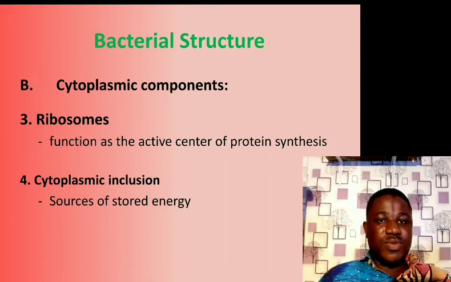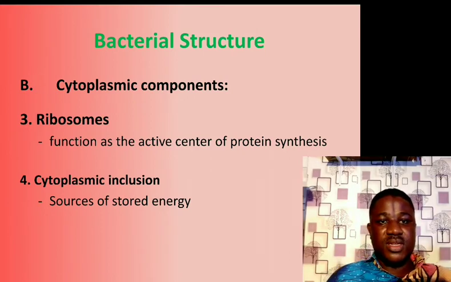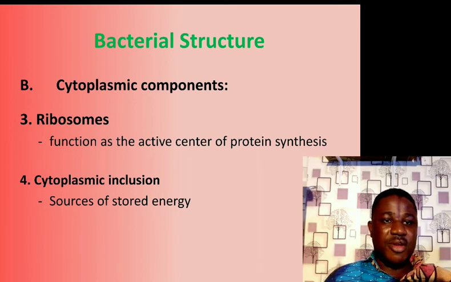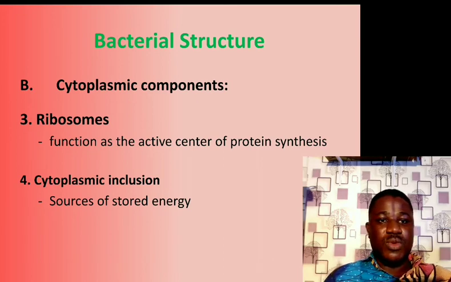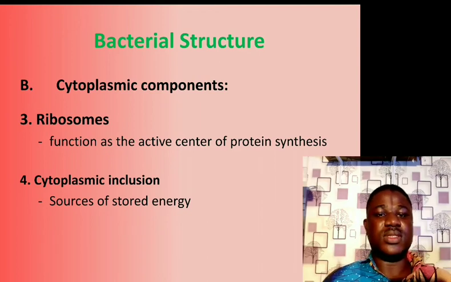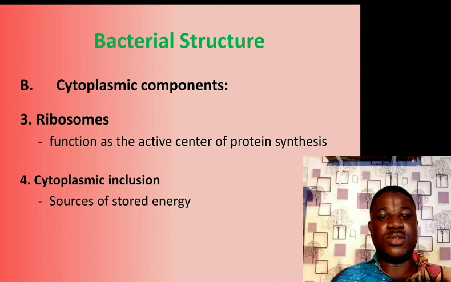So let's look at some of the cytoplasmic components again. Ribosomes function as the active center for protein synthesis, and just like you've noted in cell division, ribosomes will serve as a platform for the synthesis of proteins, because transfer RNAs will transfer free amino acids, and then mRNA will serve as the reader of the code, and then ribosomal RNAs will attach to ribosomes to serve as a platform for protein synthesis. Cytoplasmic inclusions such as